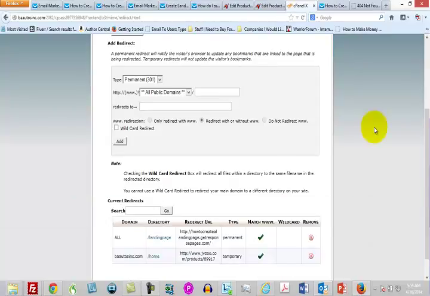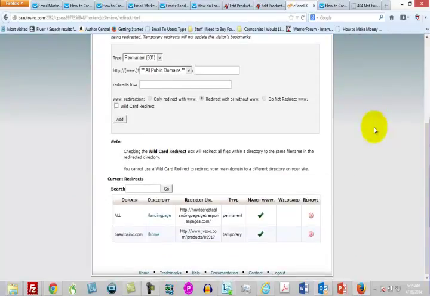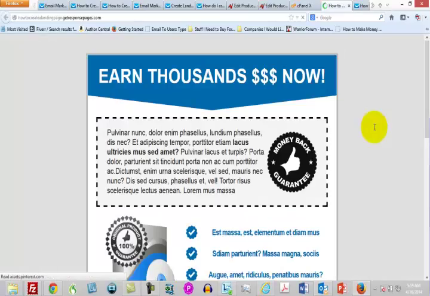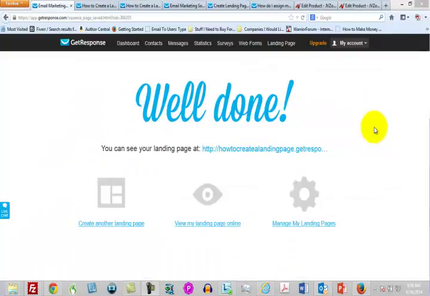You'll then see the link inside of your cPanel, and you'll be able to click the link, and it'll take you to your squeeze page. Okay, and with that, your squeeze page is now ready to be displayed. So now your squeeze page is ready to be published, and you are now ready to begin collecting names and